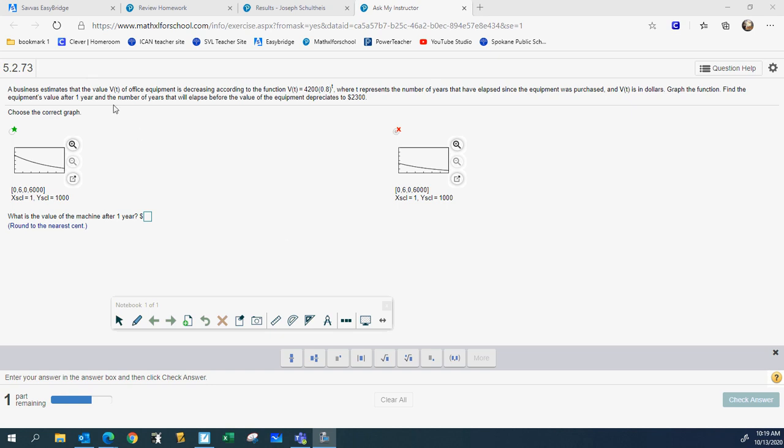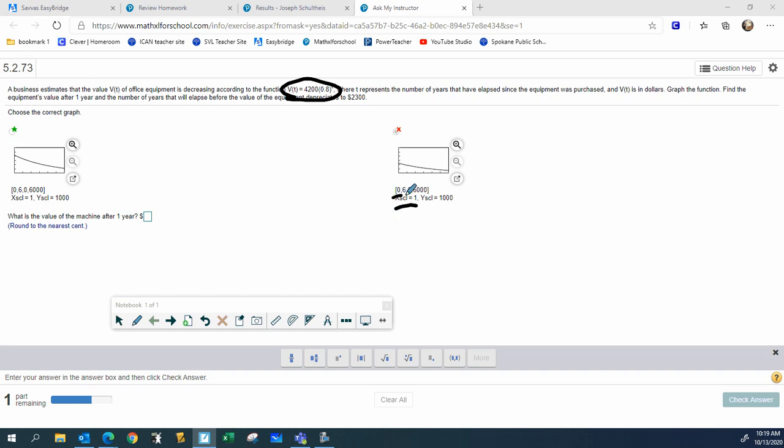Right, Katie, for this problem, you're just trying to match the function with the graph, and the key indicator here is your scale. Since we have a little room over here, it tells you your x scale is 1 and your y scale is 1,000. And this is your window size right here. So when they have a window size like that,